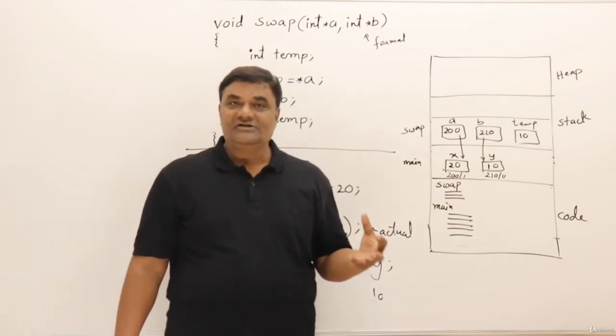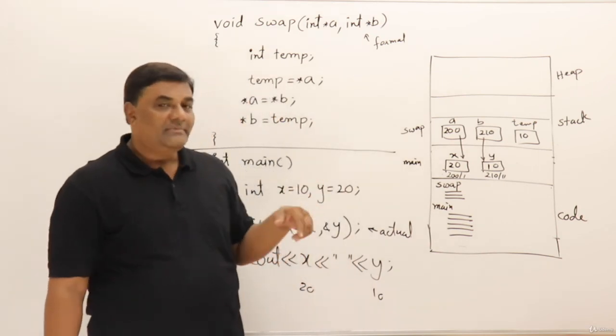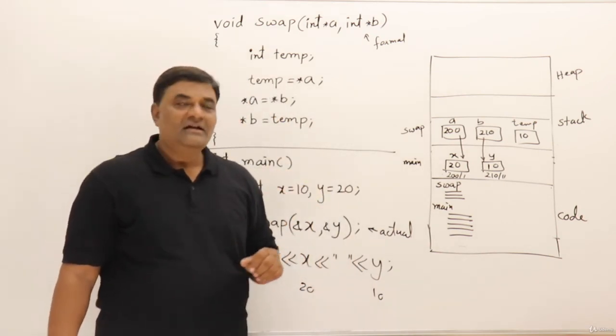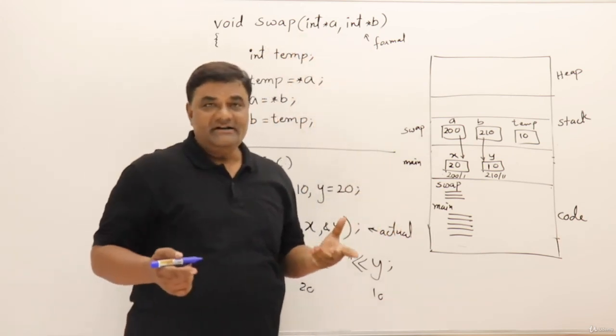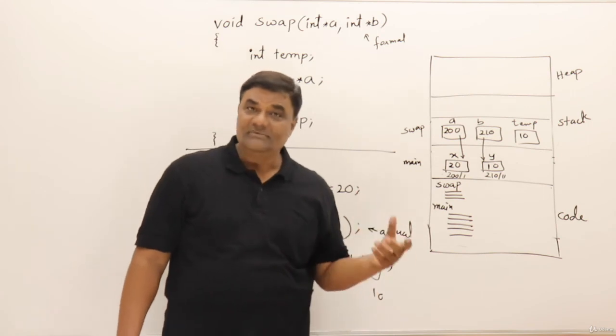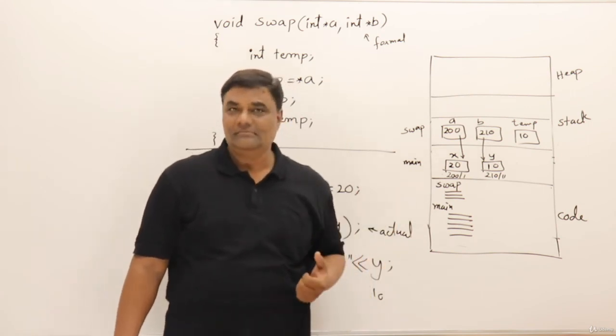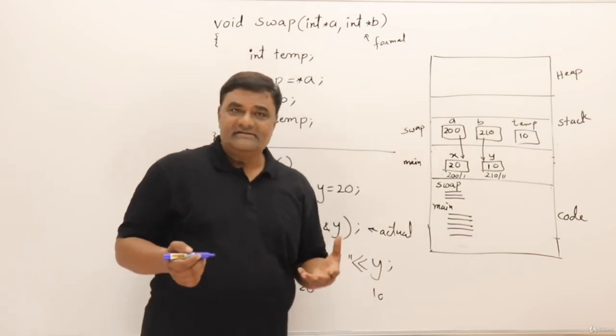If you want any function to modify the actual parameters, then you can go for call by address mechanism. And one more thing, it's not necessary that both the variables must be called by address only. One variable called by value, one variable called by address, or one variable called by reference. You can take it like this also. It all depends on your requirement. So further we will see where call by addresses are useful.